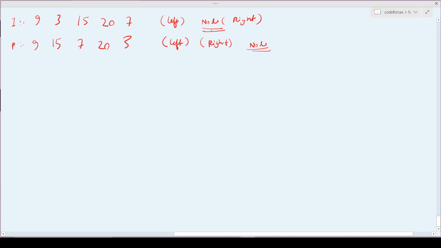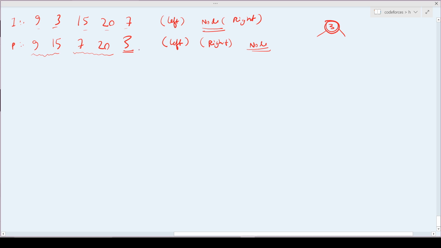So for starting to build our tree, we actually need a starting node, right? If we see the in-order, we are not sure whether 3, 15 or 9, any of these can be the starting node. But if we see the post-order, then we are pretty sure that the last node is the root node, or you can say the parent. So I'm pretty sure that my 3 is the parent. But now I wonder: I know that some part of this would be the right part and some part would be the left part, but how to find the left part and how to find the right part?